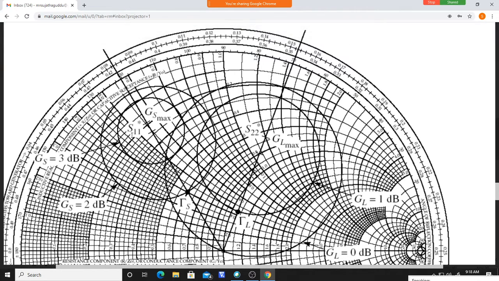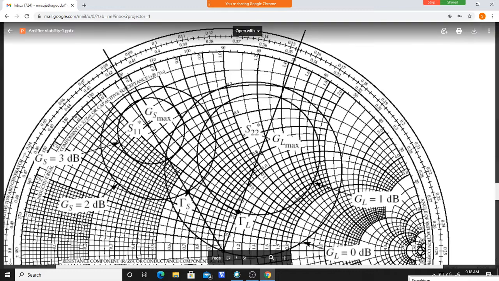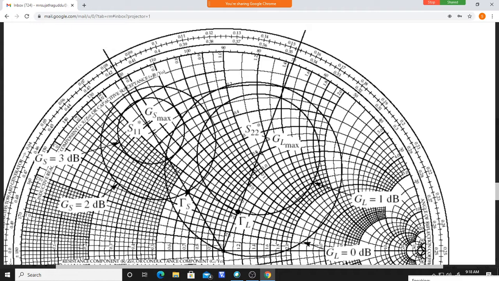Any value over this circle you can choose for designing your impedance matching, but that value must be in the stable region. I think this problem is unconditionally stable, so you can take any value. You check it, I did not check. You should take a value over the circle; you cannot take any value over the impedance chart. If you want a 3 dB gain, your ZS, whatever you are designing for the impedance matching network, must be one of the values over this circle.